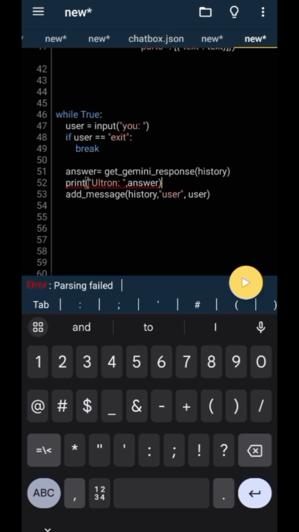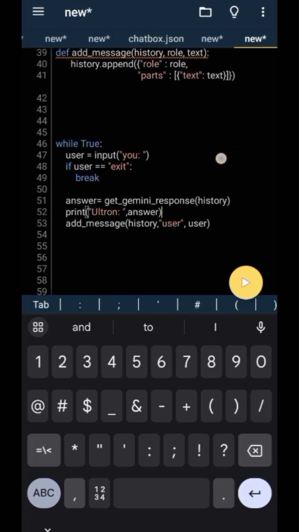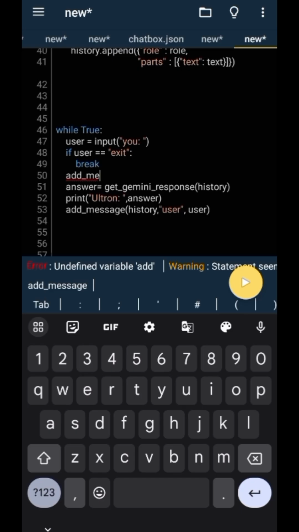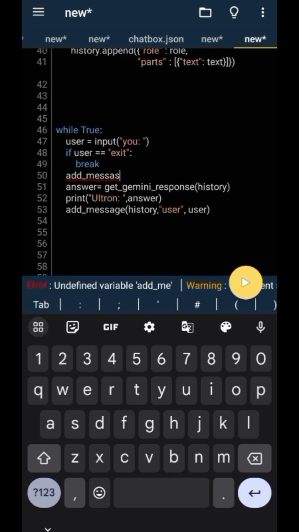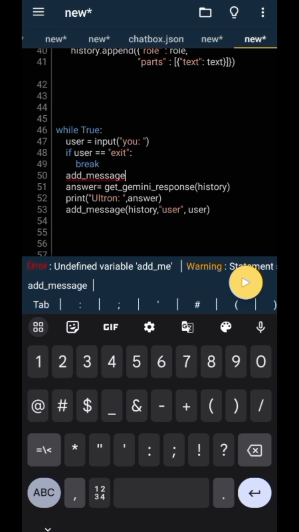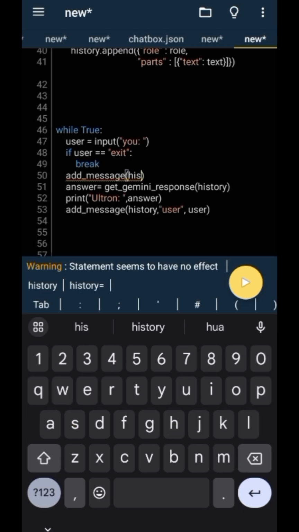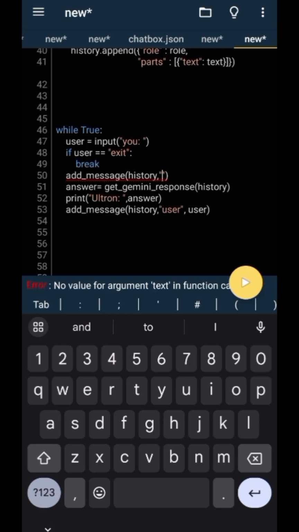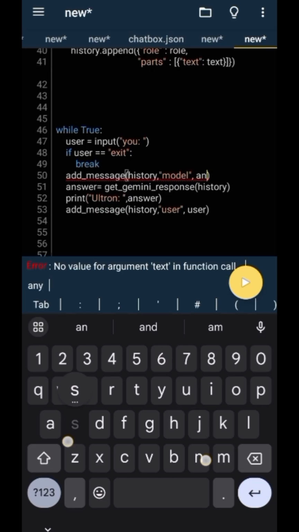We already added the user's message to history. Now we also need to add Gemini's response. So we call the same add_message function again, but this time the role is model and the text is answer. If we don't add Gemini's response to history, our history will contain only the user's messages. On the next question, Gemini won't receive its previous answers as part of the conversation. So with this one function, we're storing both sides of the conversation, the user and the model, inside the same